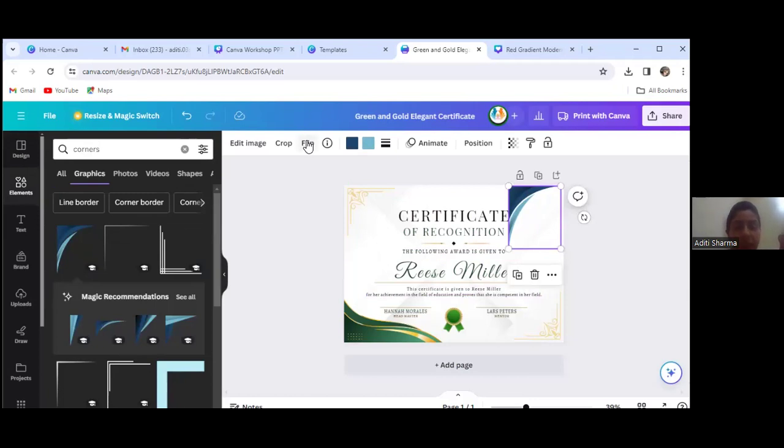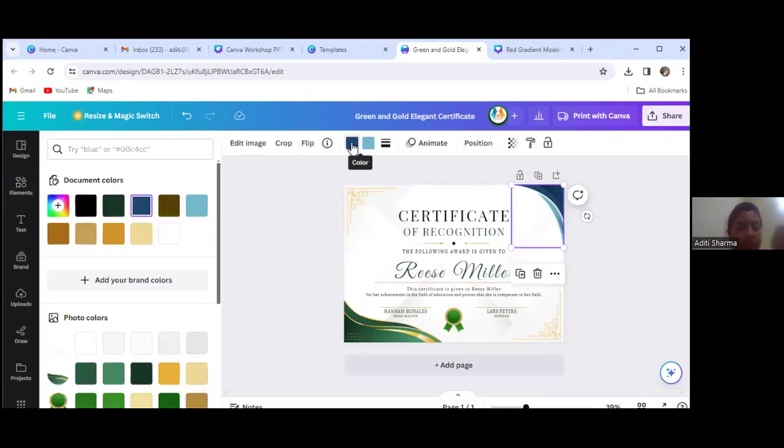Is it visible to all? I'll just flip it horizontal. Now I can able to flip it. अब आप अपने लोगो के अकॉर्डिंग आप इसका कलर चेंज कर सकते हैं. Yes. If I'll make a certificate for CMA, CMA logo is red, blue, green.